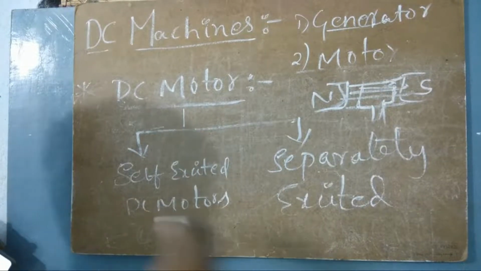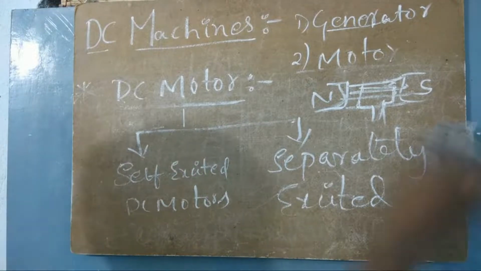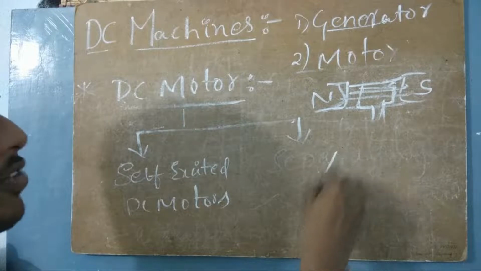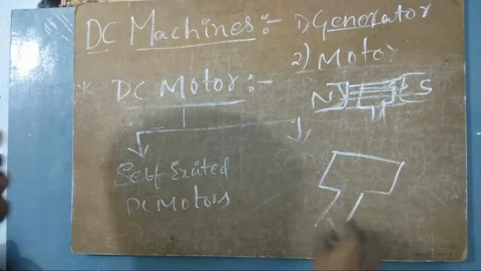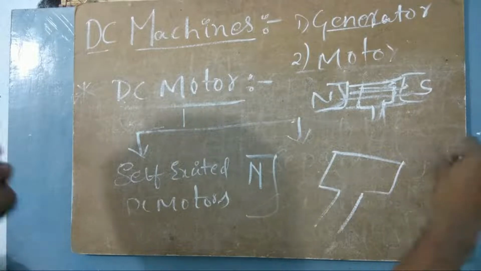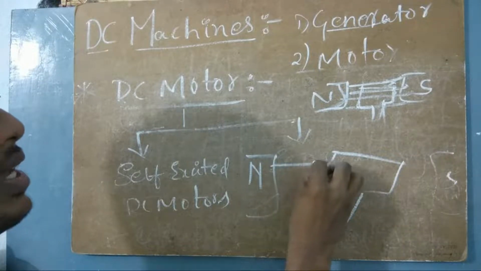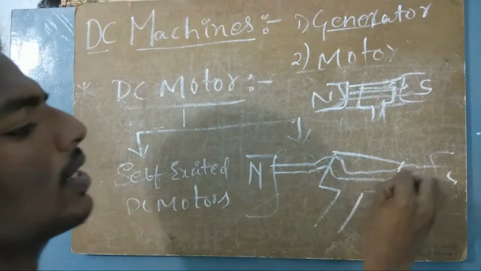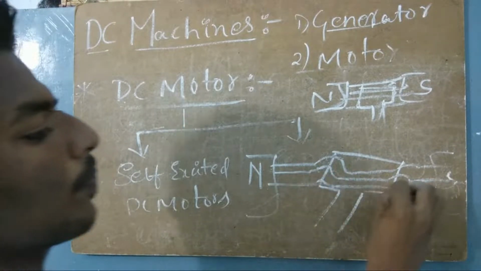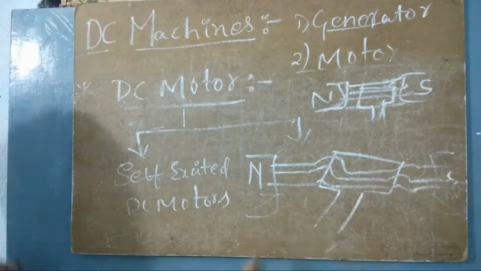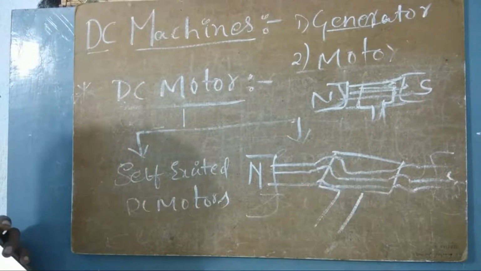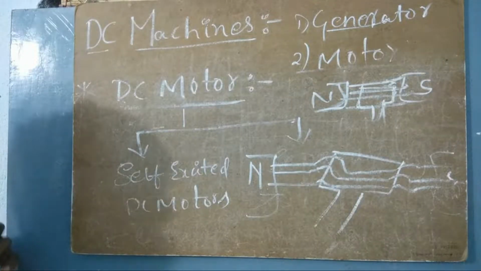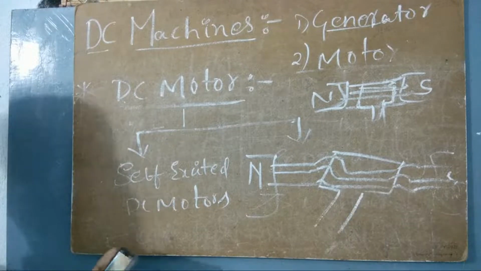You might have seen, so I will draw a diagram here. Separately excited. If the conductor is rotated like this, here this is north and here it is south, so the field lines will be deflected like this. You might have seen all these things. This deflection is disturbing the field lines. This conductor disturbing the field is not allowed. That means these field lines will not allow any conductor to rotate inside.